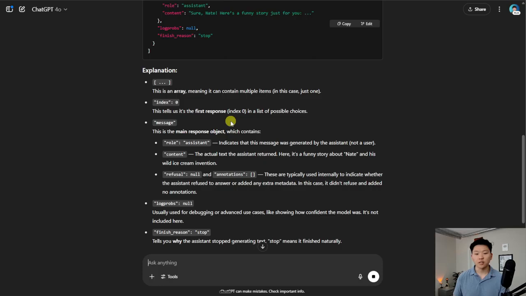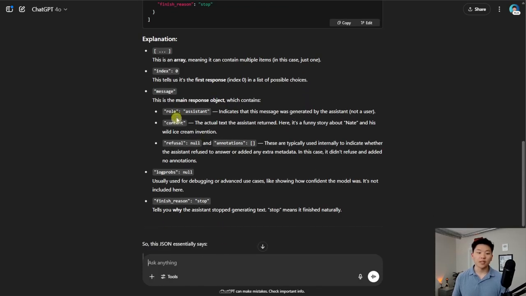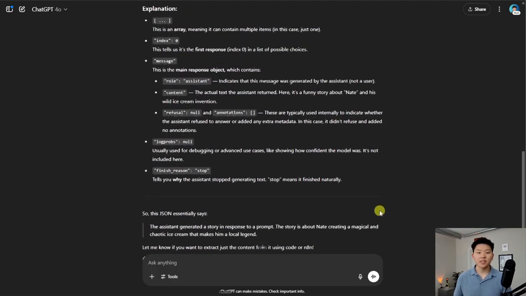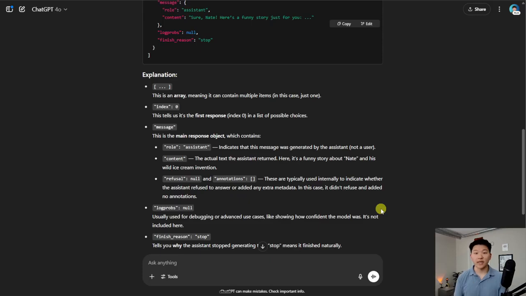We can see the index is 0. That means it's the first response. We can see the role equals assistant. We can see that the content is the funny story about Nate. We can see all this stuff, and it basically is able to not only break it down for us, but